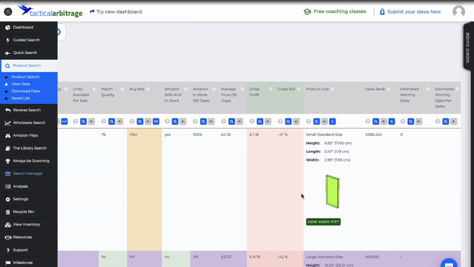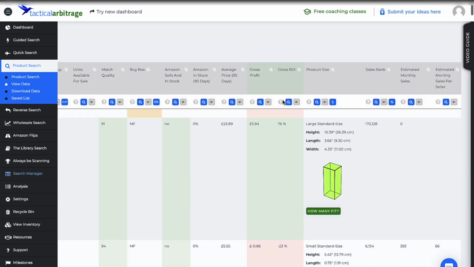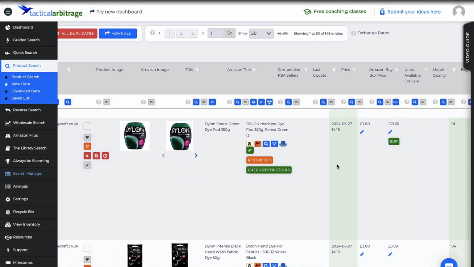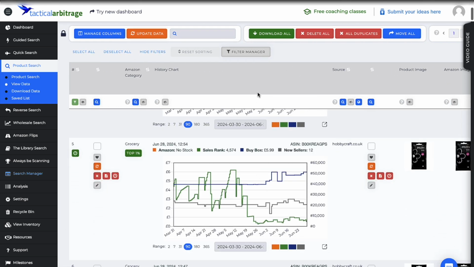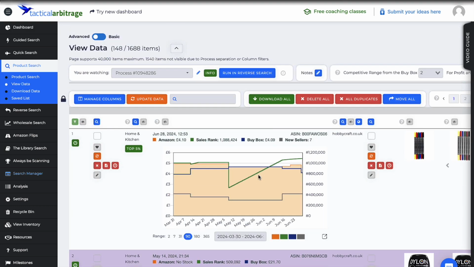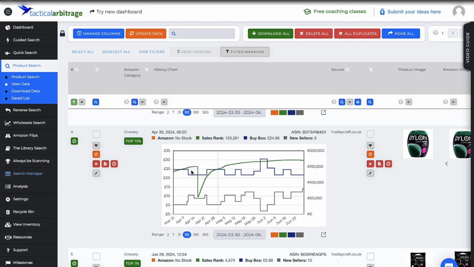So the box that you're going to send them in, you have the sales rank, the estimated monthly sales, and the estimated monthly sales per seller. So all of this is quite useful. This, for some reason, seems to just stick like that when you move down. I feel like it gets in the way a little bit, but ultimately, if you're trying to look at what's what underneath,